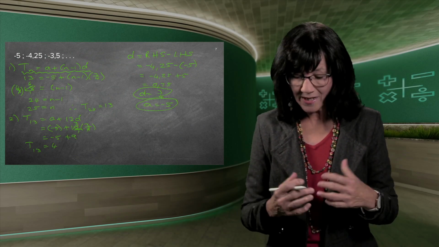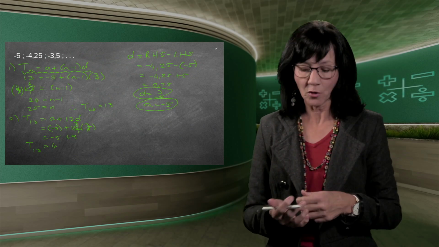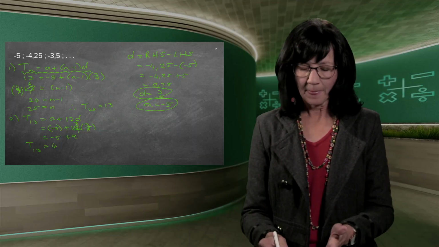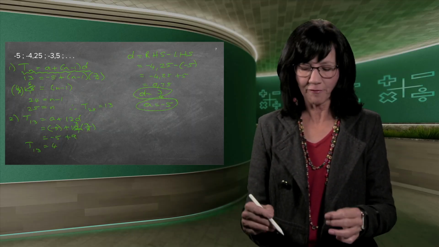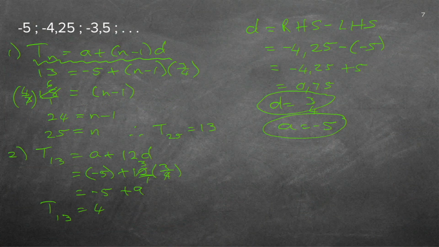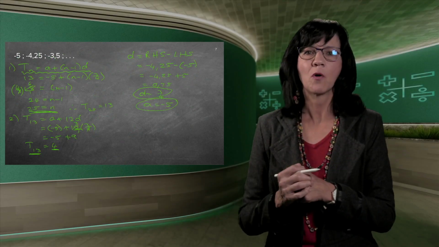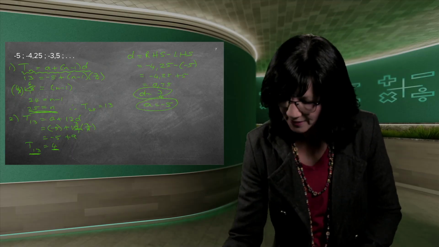Good. And you can always test and see if this is possible. Remember, if I look at my sequence, it's minus 5, minus 4, minus 3. So it becomes bigger and bigger and bigger. So when we did the 25th term, remember it was 13. Now we do the 13th term, which is 4. So I can kind of check myself. 4 is much smaller than the 25. So that's why I know I'm hopefully on the right track.